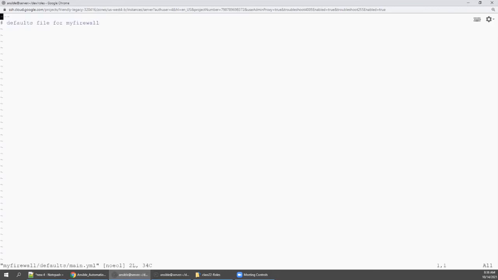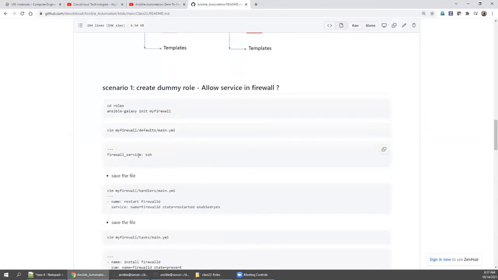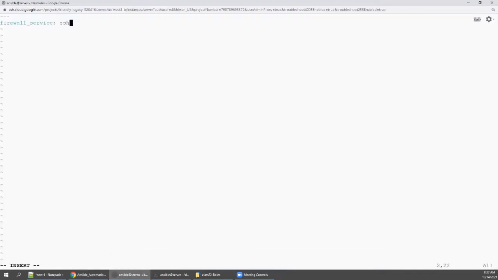So I'm going to say we will delete all this because I already prepared the file contents. So I'm going to say insert mode and paste it. So firewall SSH, I'm going with some dummy. You need to have one dummy value, so that is why I'm going with SSH. But we don't need SSH, right? But you need to create a dummy role with one value, right? Later, when we call from each service, we can replace this value.